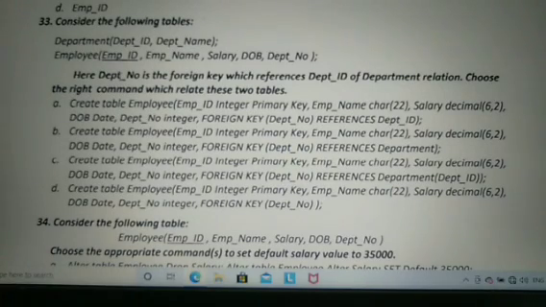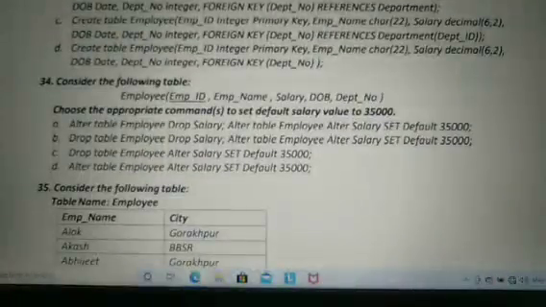That is create table employee, employee ID integer primary key, employee name character 22, salary decimal 62, date of birth date, department number integer foreign key department number references department ID. So option third is the correct option.